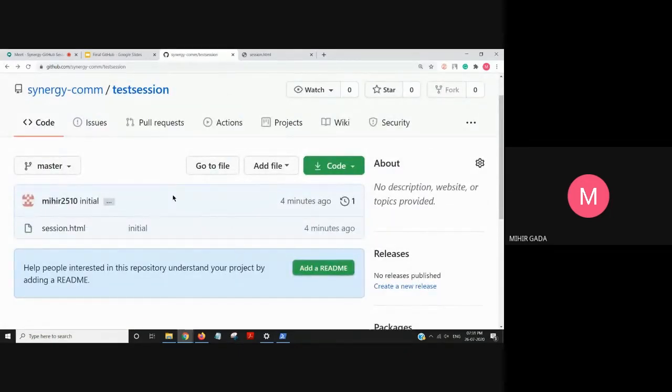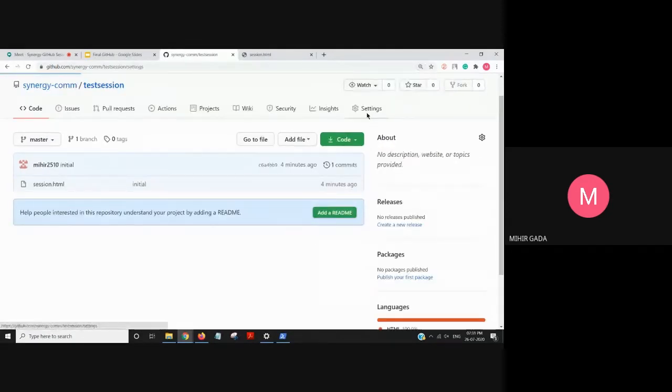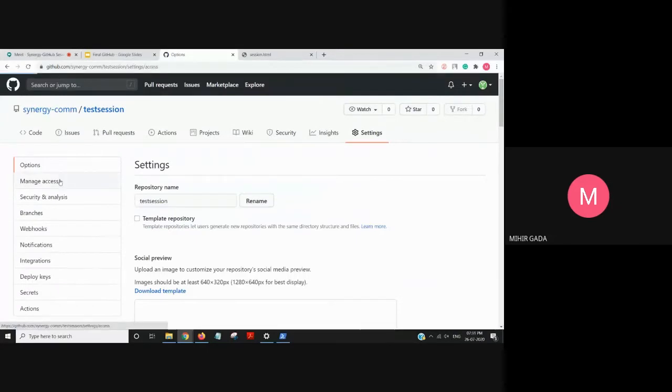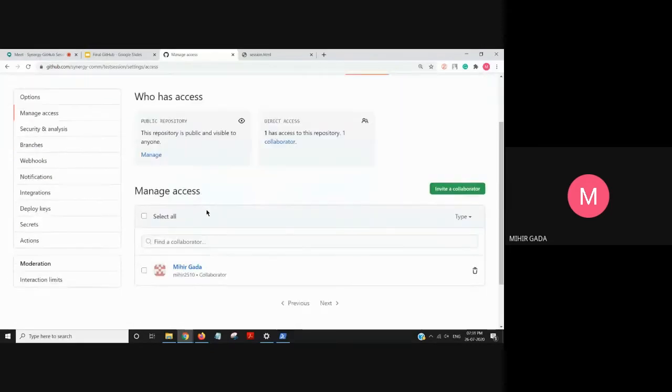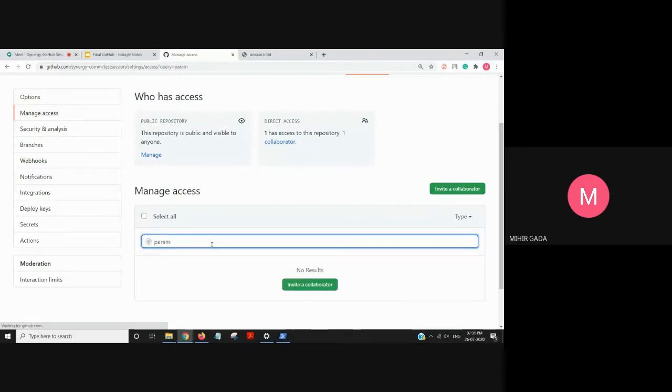Now this is the first initial user. So now I will give access to Param, and he's the second user. Like when two people want to work together, how do they work using GitHub, like during hackathons or any projects where you want 2, 3 or 6 people to work together? We will show you. So now I will go to settings. In my settings, I will give access to Param. Even if this repository is public, Param needs access to my repository to make changes.